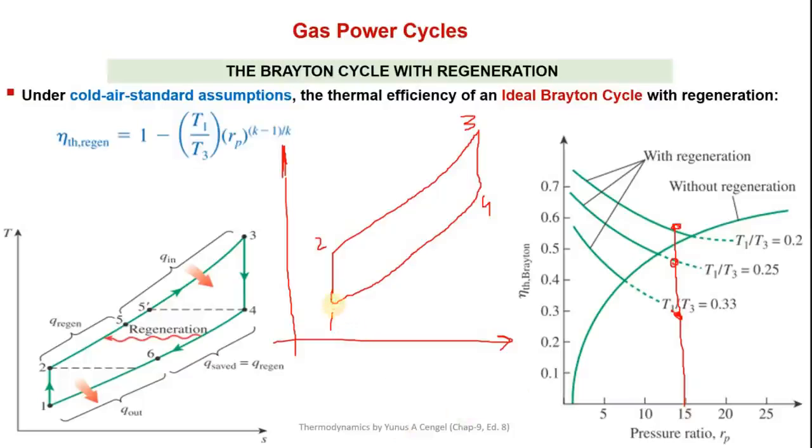So here is T1, right, and here is T3. It means this ratio is actually the ratio between the minimum temperature of the cycle and the maximum temperature of the cycle. Minimum temperature is at the inlet of the compressor, and maximum is at the exit of the combustion chamber or at the inlet of the turbine. So lesser T1 by T3 means